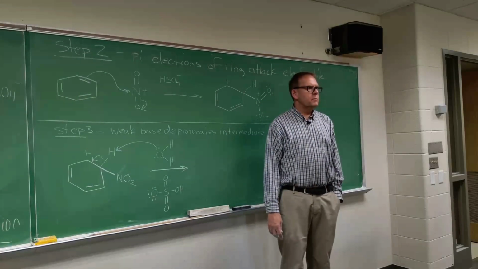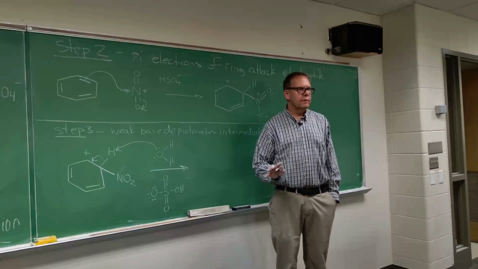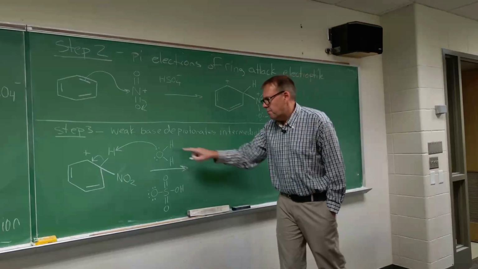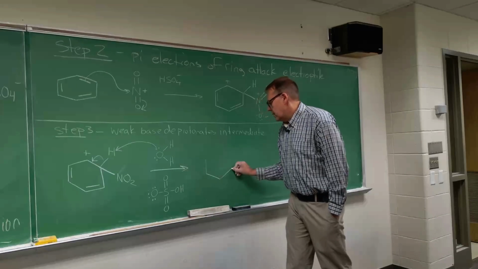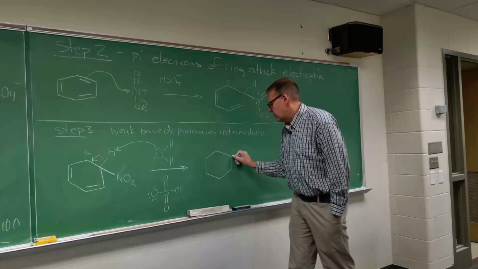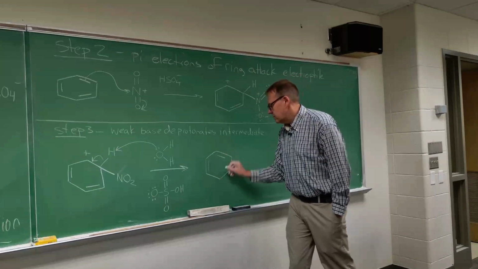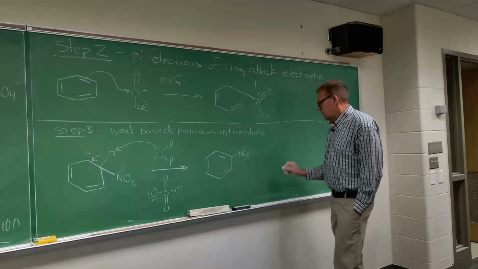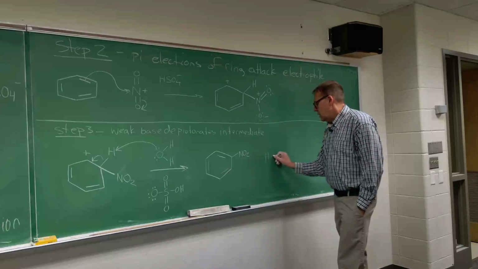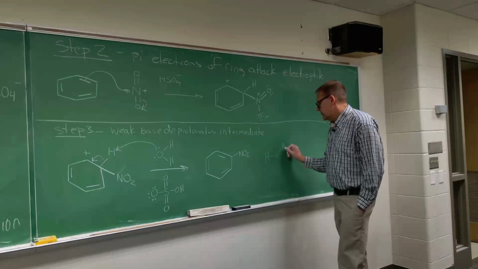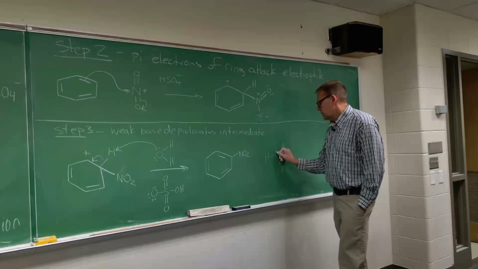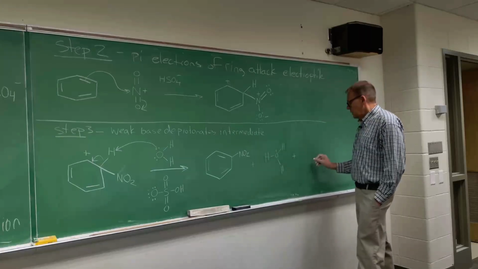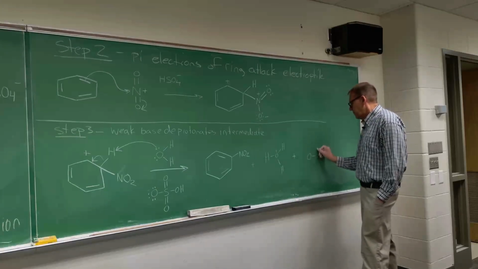I mean, it's basically a counting of species. Either way, you'll get the product. This is the preferred answer, but the other one's okay too. And let me show you what then you get. So you get nitrobenzene, and then you get H3O plus, and you get hydrogen sulfate,